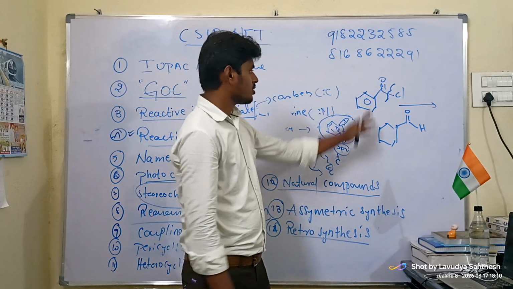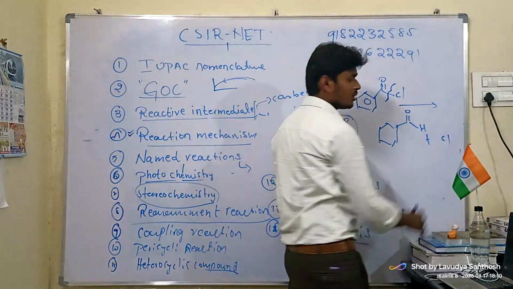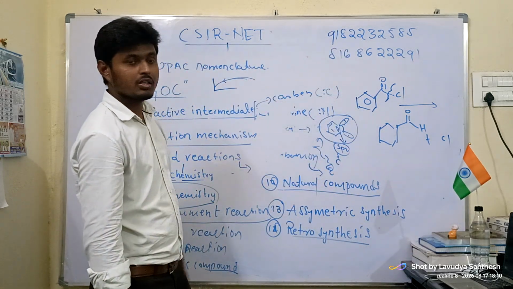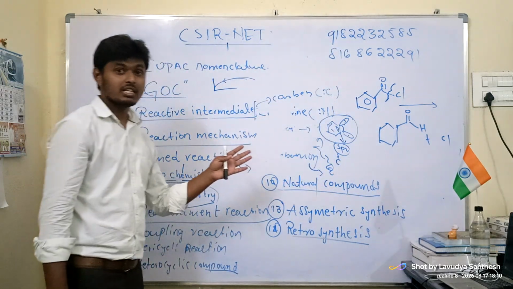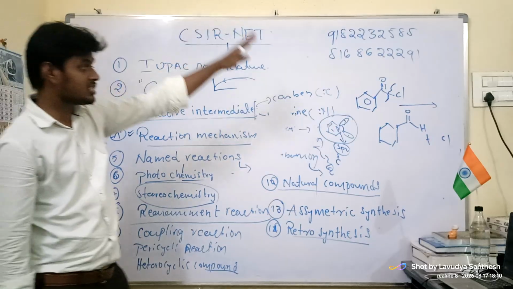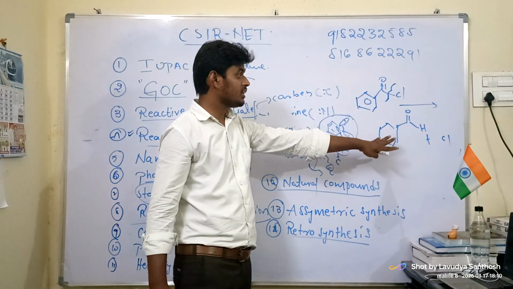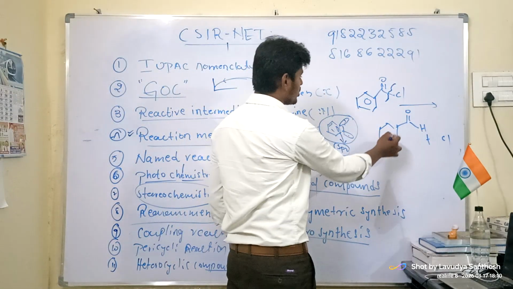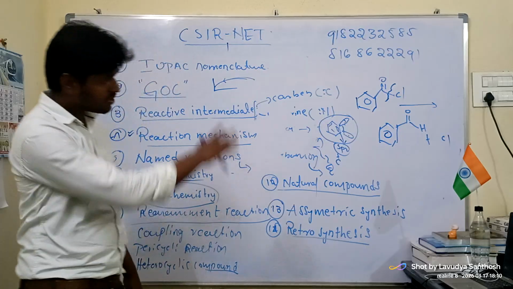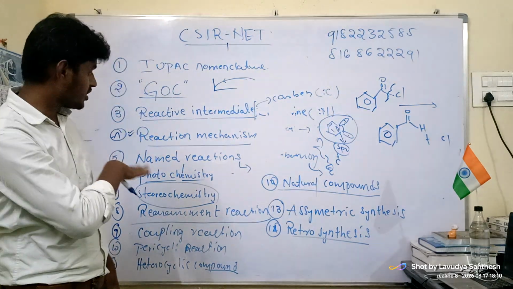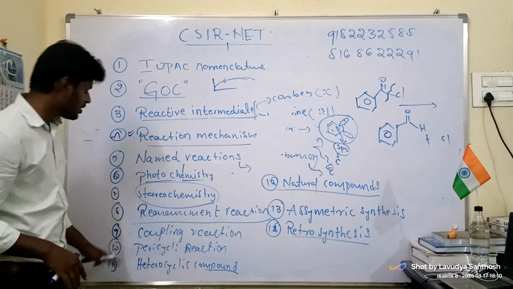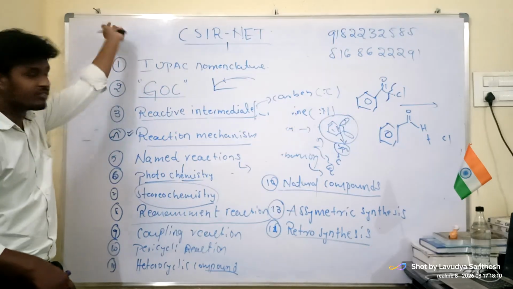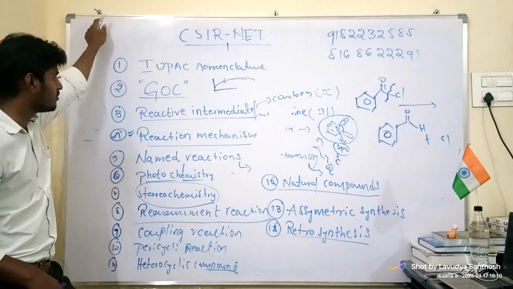So this one, chlorine plus chlorine. Okay, this is completely Friedel-Crafts acylation, alkylation. There we are seeing these forward reactions. In retrosynthesis we will be looking at this backward. That we will be discussing in our retrosynthesis class, but let me tell you quickly so that we can end this video very shortly because I have to go outside.